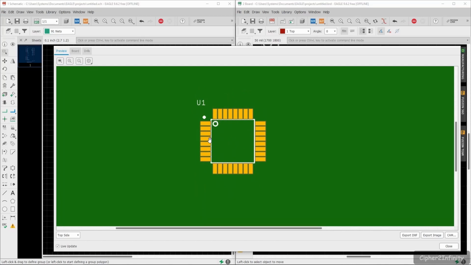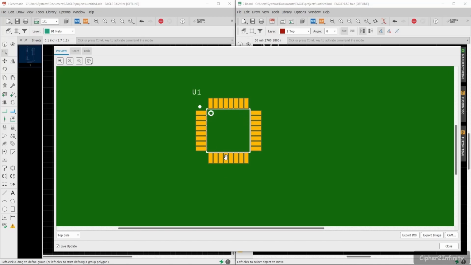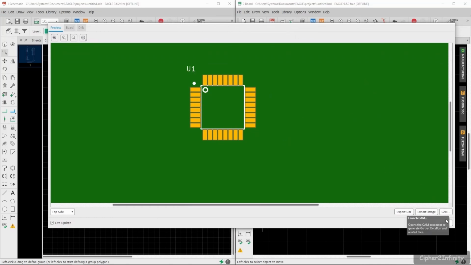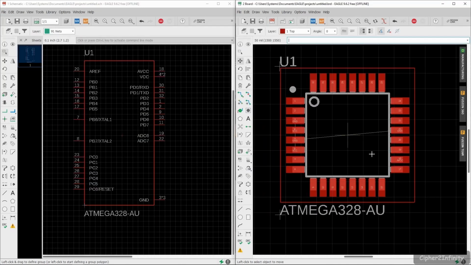If you see this white line, it's actually inside the microcontroller. Whenever I use the TQFP package, I don't want this kind of silk screen on this component. So I'm going to close this one, and after that change the silk screen of this particular component.